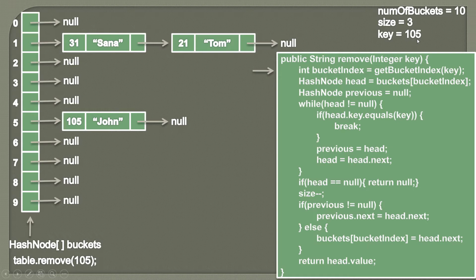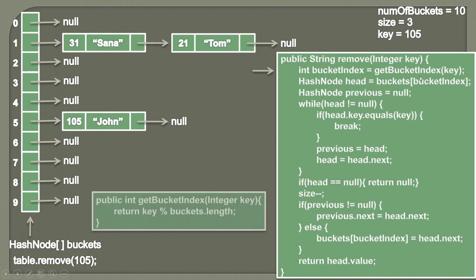Now at the first step what we do is we search for that key, and how we search for that key is first we get the bucket corresponding to this key. So we call our hash function getBucketIndex. We pass in the key and it returns us back an index by dividing key by buckets.length, or number of buckets, and returning the remainder because it has this modulus operator. So here if we divide 105 by 10, we get remainder as 5. So this method will return us the bucket index as 5.